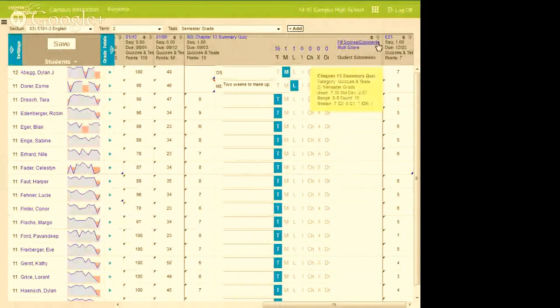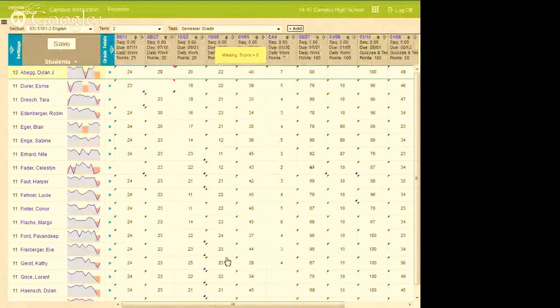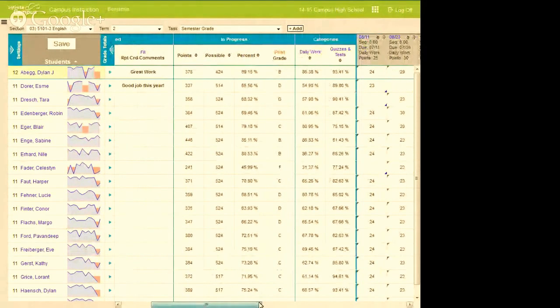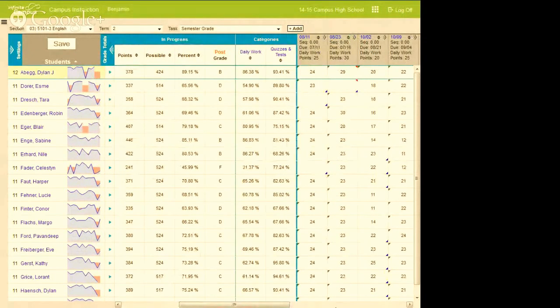What else? We'll go ahead and collapse that. At any time, the teacher can always open up the grade totals. They're constantly going. So you'll see over here that I have my in-progress grades and my categories. And teachers can do unlimited categories. You can weight these. So maybe your quizzes and tests are worth more than your daily points. The schools can actually set these up if they want to and have all the categories pushed out. Or most schools will leave it up to the teachers during the training, and they'll set up the categories the way they want to.